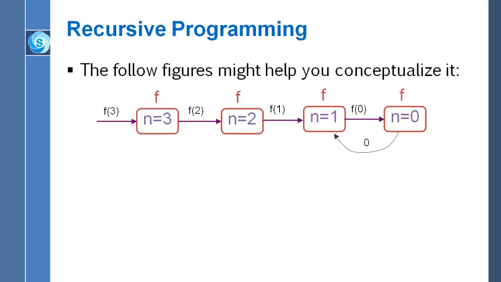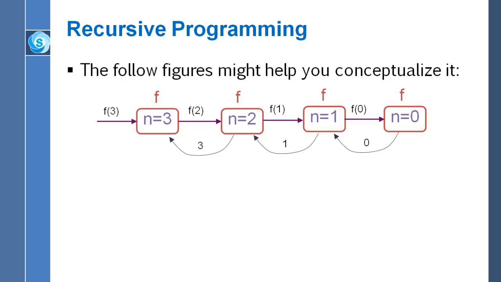Okay? Which takes that answer, adds its value of n to it. 1 plus 0 is 1. And it returns that number 1 back to the second call. Okay, the second call takes that number 1, adds its value of n to that, resulting in 3. And again, that 3 is the answer returned from the second call back to the first call, where that first